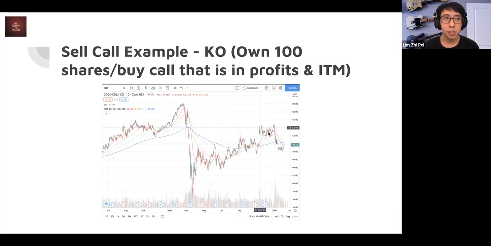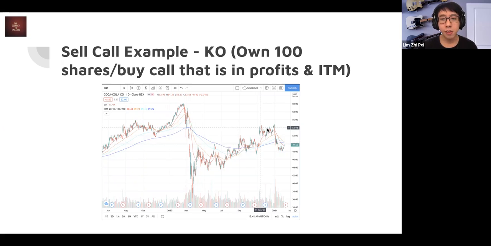if there's not much premium left, let's say the stock price dropped to 52, and you have gained more than 80% of the premium, for example, you are in profit, and you have only 20% more to gain, which is a very small amount. So it's best to actually close the contract and take the profit, because as you can see afterwards, the stock price increased again, and this will make your sell call